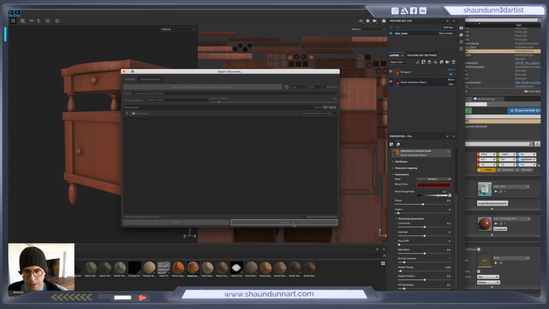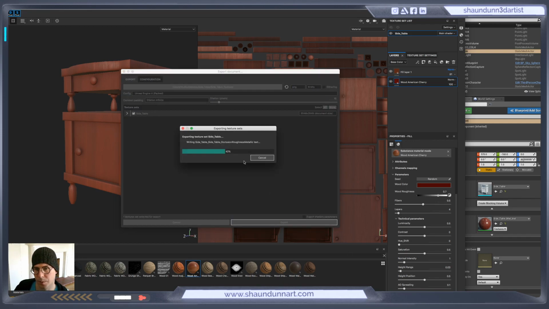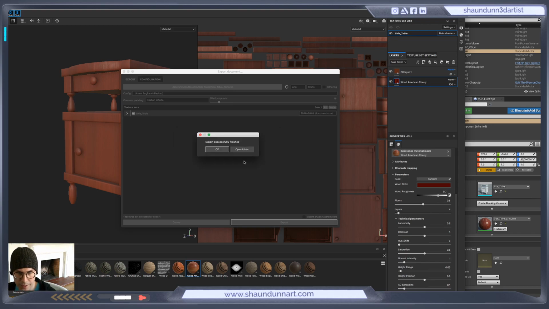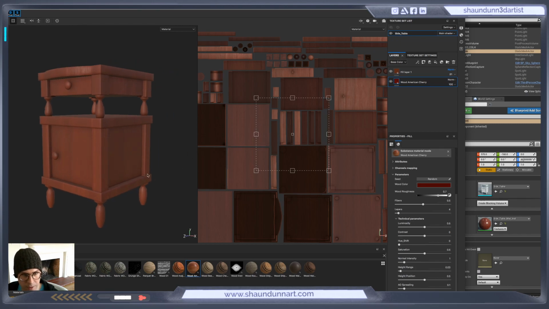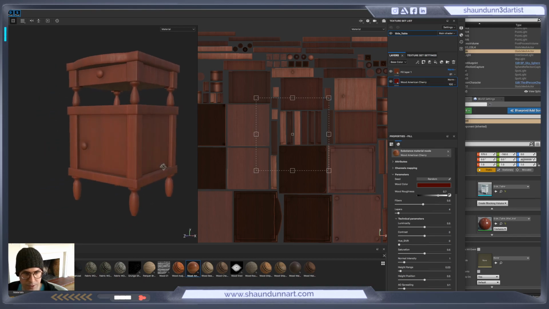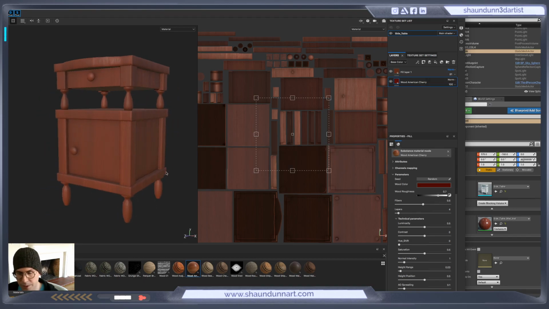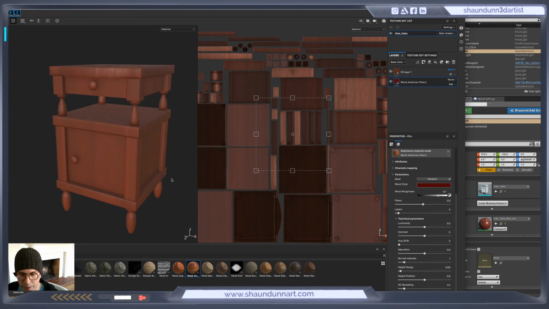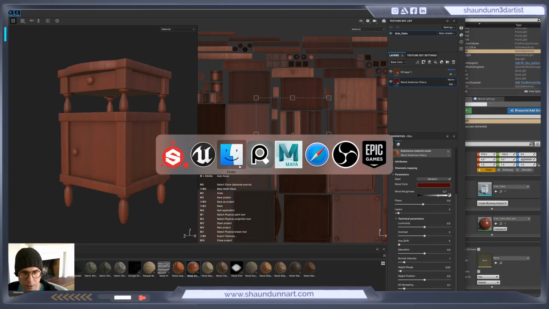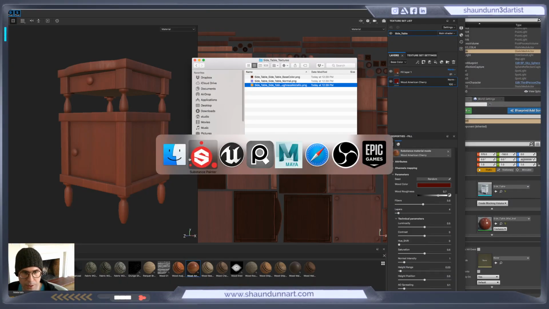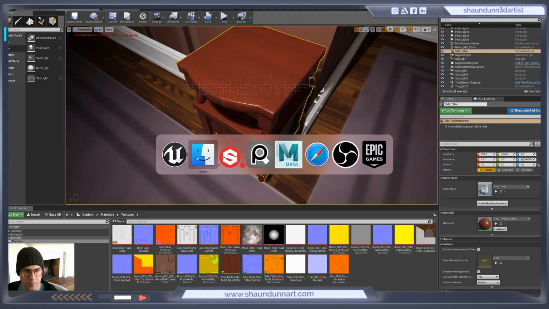export. And now there's a live link that connects Substance Painter to Unreal. And frankly, it worked. It was cool, but then it didn't work. And I just couldn't get the technical things to function properly, no matter what I did, and following different people's suggestions. So this is kind of a little bit longer way to deal with it, but it's not too bad. So we're just going to Unreal,